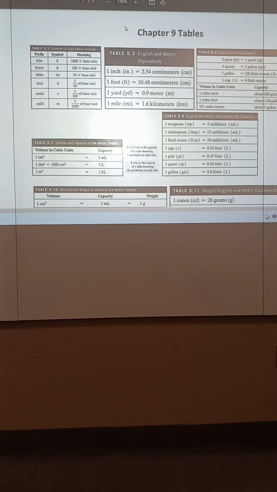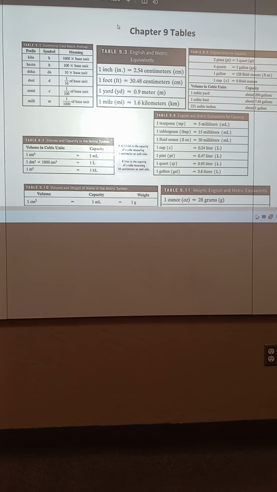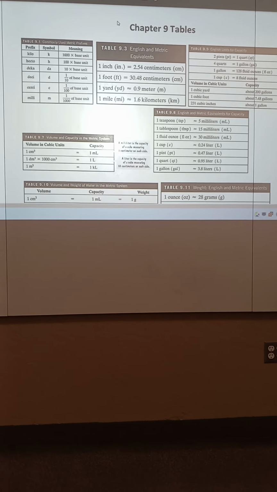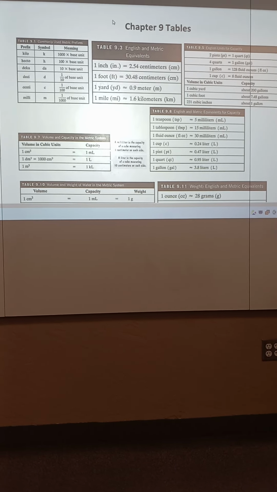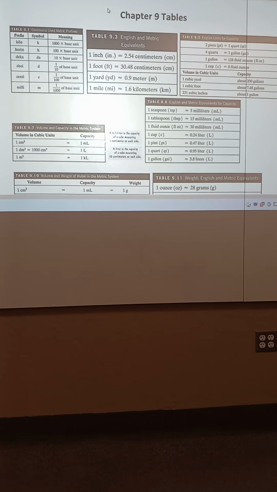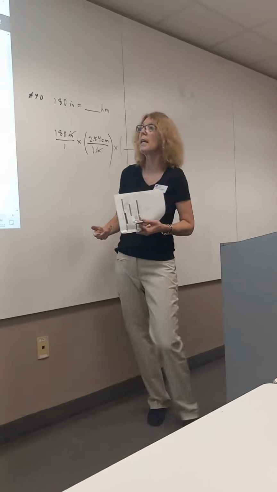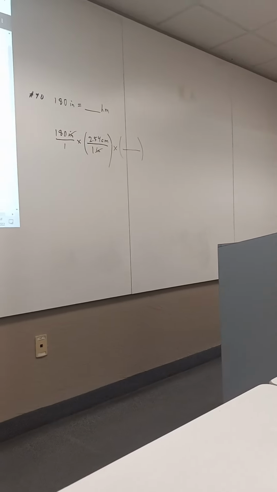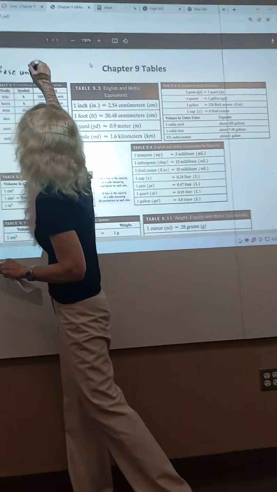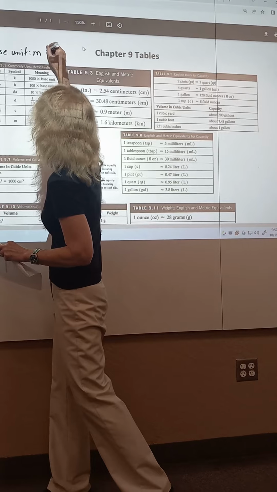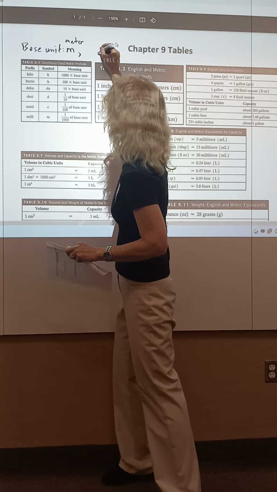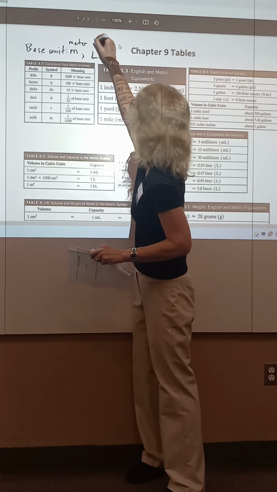Now our base unit, when we're talking about length, is meters. If we were talking about volume, we would be talking liters. And if we were thinking about weight or mass, we would be talking about grams. So this base unit, when you see this in the table, is either going to be meters, so this is for meters, or it's going to be L for liters,